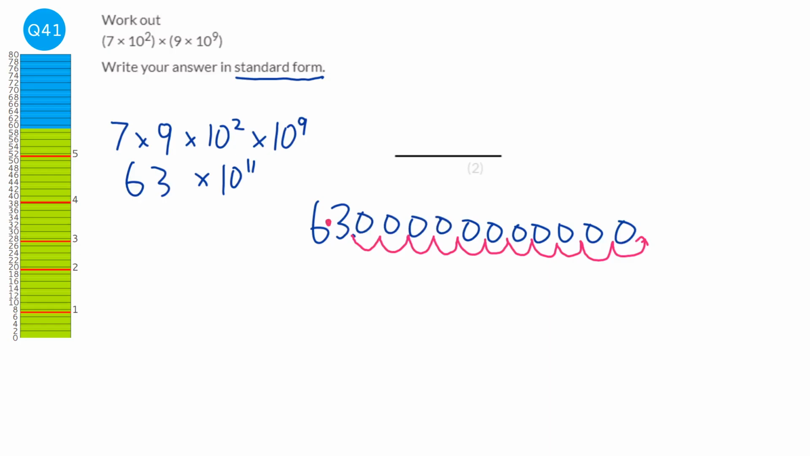So we want that to end up with 6.3 times 10 to the power of, well, let's work that out now. So we go 1, 2, 3, 4, 5, 6, 7, 8, 9, 10, 11, 12. So it's going to be 10 to the power of 12. Now you don't need to do all the working out I've just shown there. You just need to know when you convert that 63 into a 6.3, you need to add 1 to the